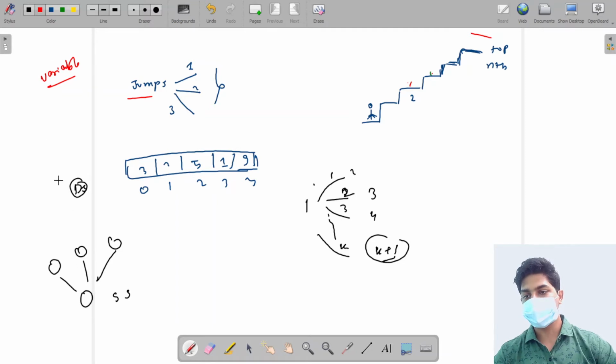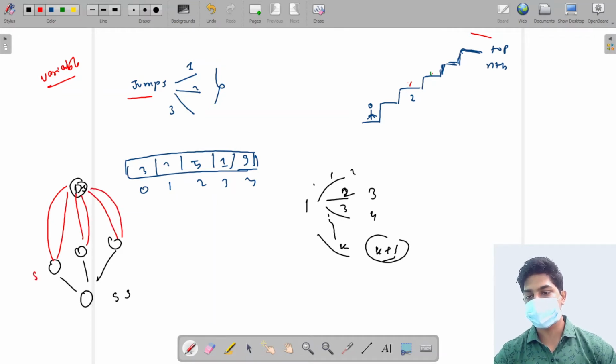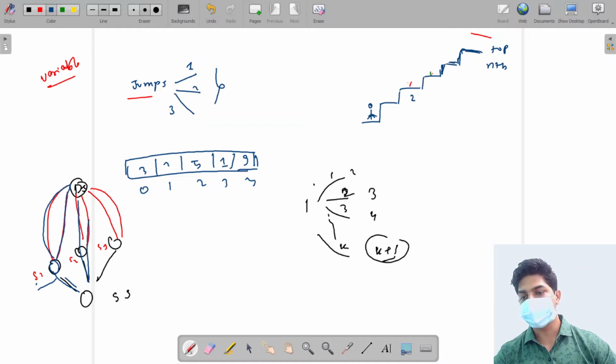But I want to go to the destination. In the last problem, I showed you this diagram: I can go to these intermediary substations, that is substation 1, substation 2 and substation 3, but these points know the way to reach the destination. So I can also go to the destination. How? I will go to station number 1, then ask, how can you go to the destination? It will tell me to follow this path and I will also reach the destination. I will go to station number 2, and choose its path. So my total number of paths will be the same as the total number of paths for station 1, same for station number 2, and same for station number 3.